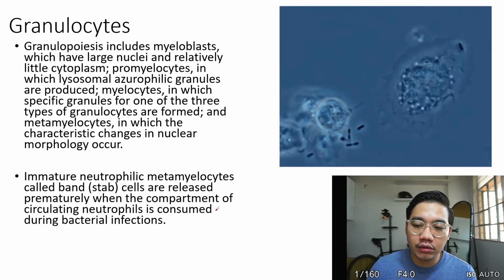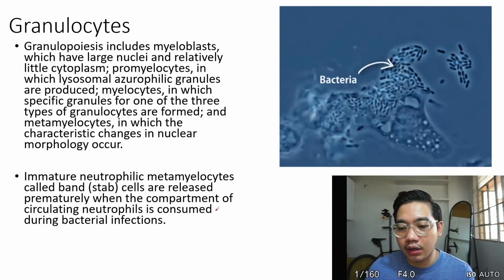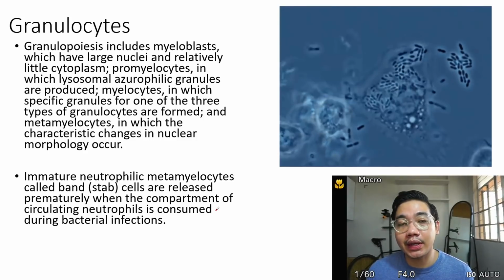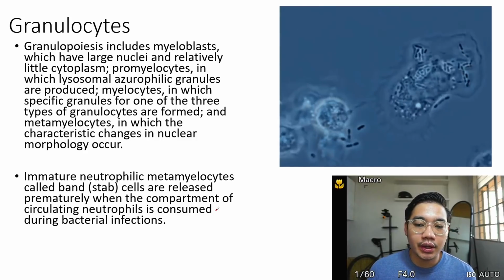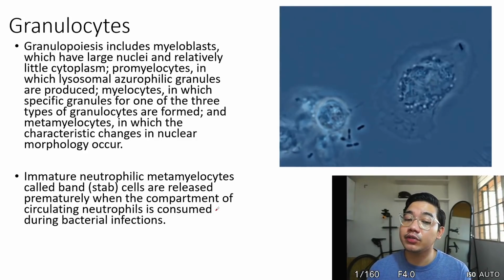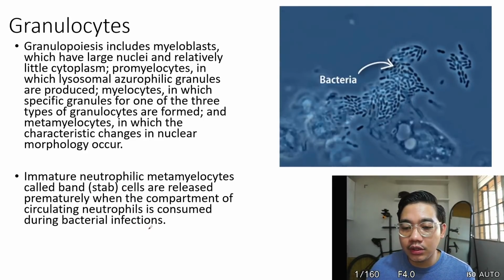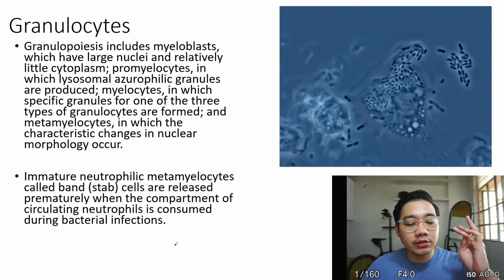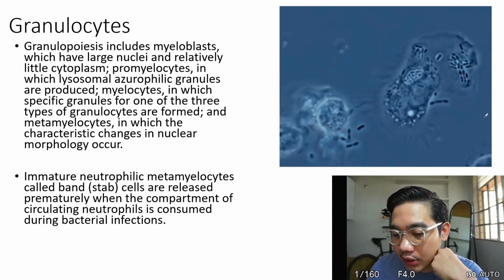So granulocytes are your BEN, no? Ben, your basophils, eosinophils, and your neutrophils. And LM, your agranulocytes is your lymphocytes and your monocytes. No? So granulocytes, they just have granules, in a sense, no? What is the purpose of these granules? We will talk about it later, but look at this wonderful